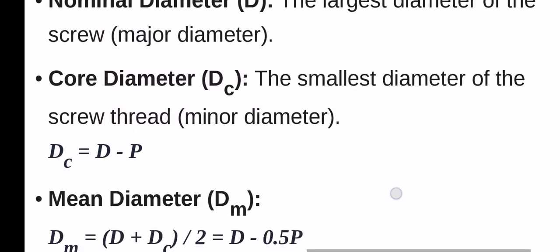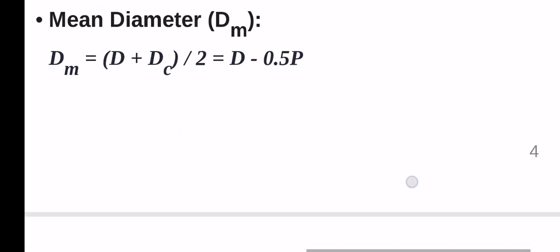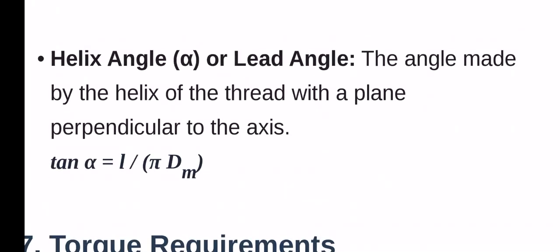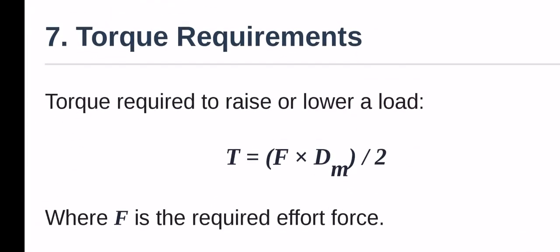This is equal to D minus B. Mean diameter d_m = (D + D_c)/2 = D - 0.5B. Helix angle or lead angle: the angle made by the helix of the thread with a plane perpendicular to the axis, tan α = L/(π d_m). Torque requirement: the torque required to raise or lower a load is T = F × d_m/2,